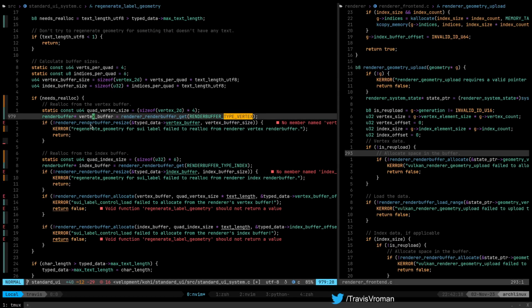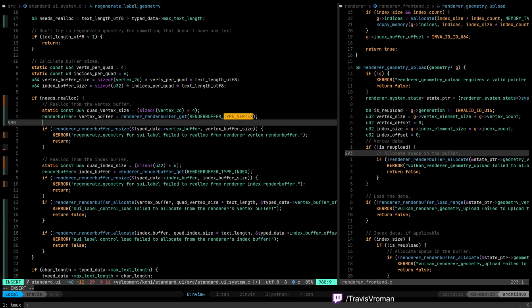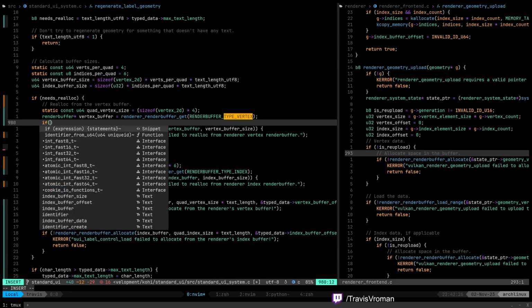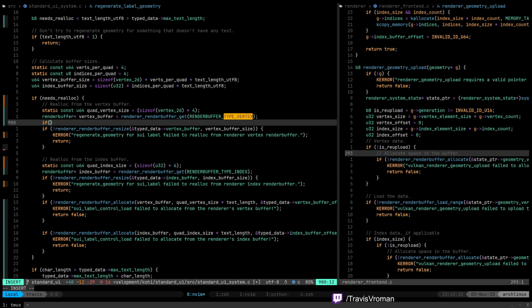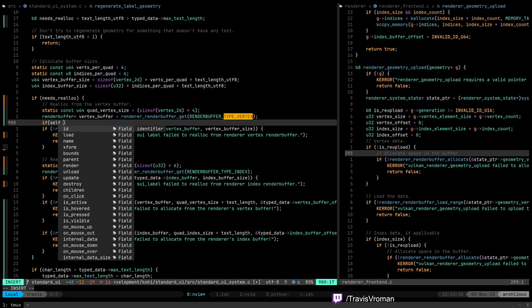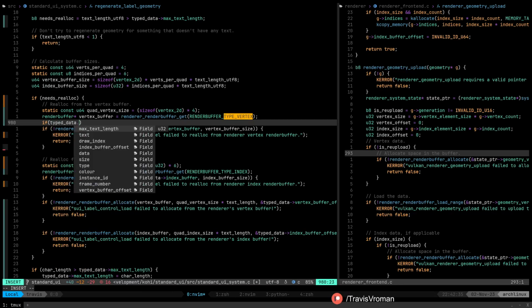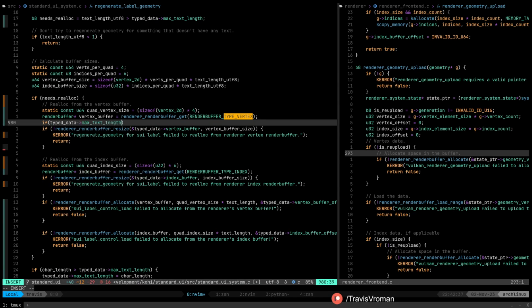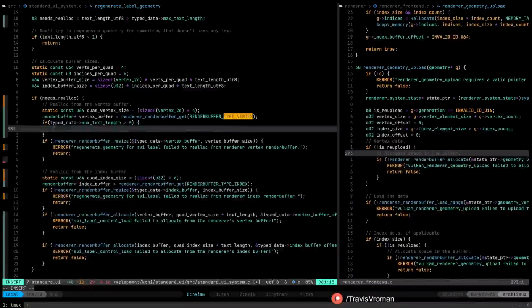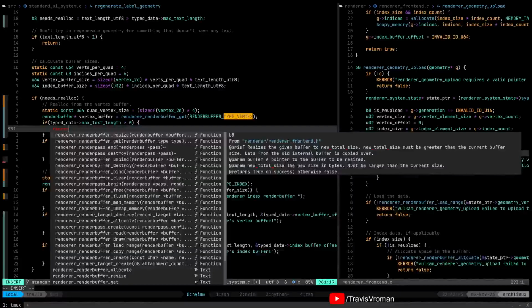So we get this, and then we'll say, let's see, we should probably check if type data max text length is greater than 0, right? Because if it's not greater than 0, then we don't have anything to free.